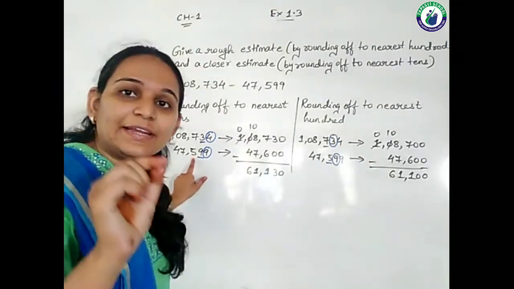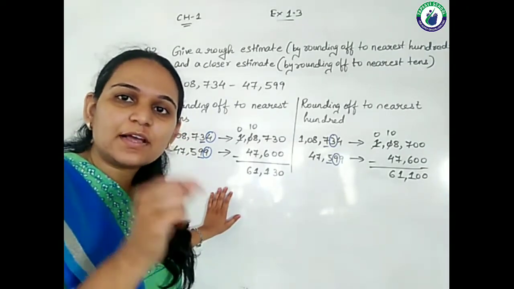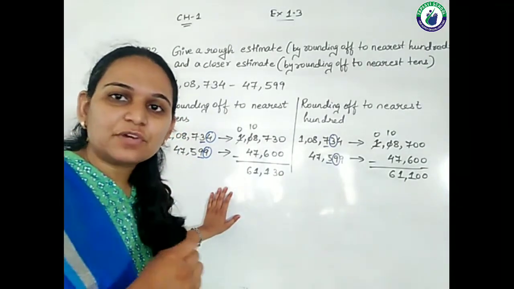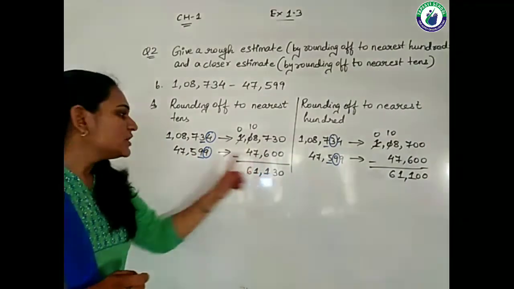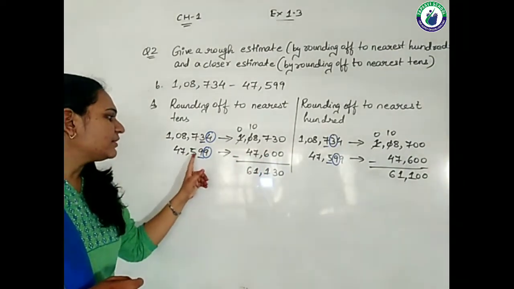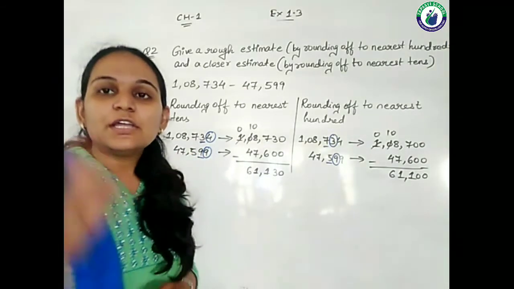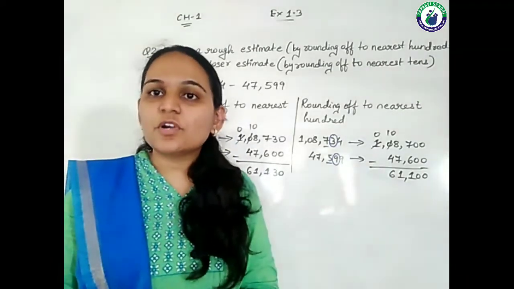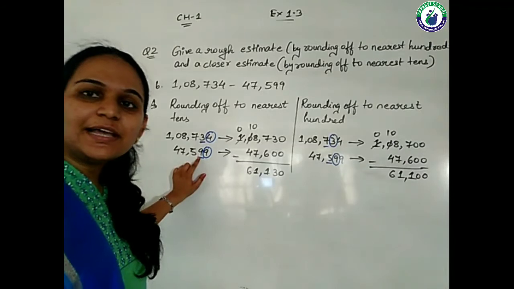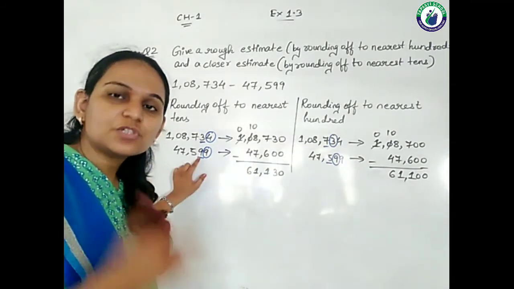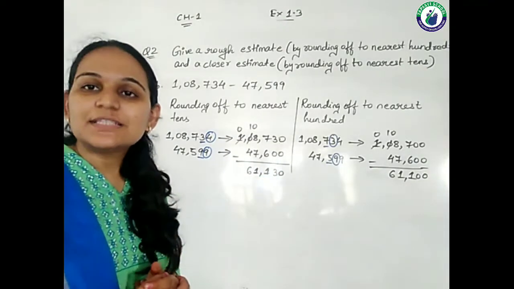9 में अगर हम 1 ऐड करेंगे तो 10 बनता है, तो टेंस की प्लेस पे 0 आएगा और हंड्रेड्स की प्लेस पे वो 1 कैरी फॉरवर्ड हो जाएगा. So 5 will become 6. So that's why you can see the effect like this. So 47,599 will become 47,600. If you have doubts, you can add 1 to this 9 and then you can see the calculation. You will automatically get the answer why madam has written 47,600.